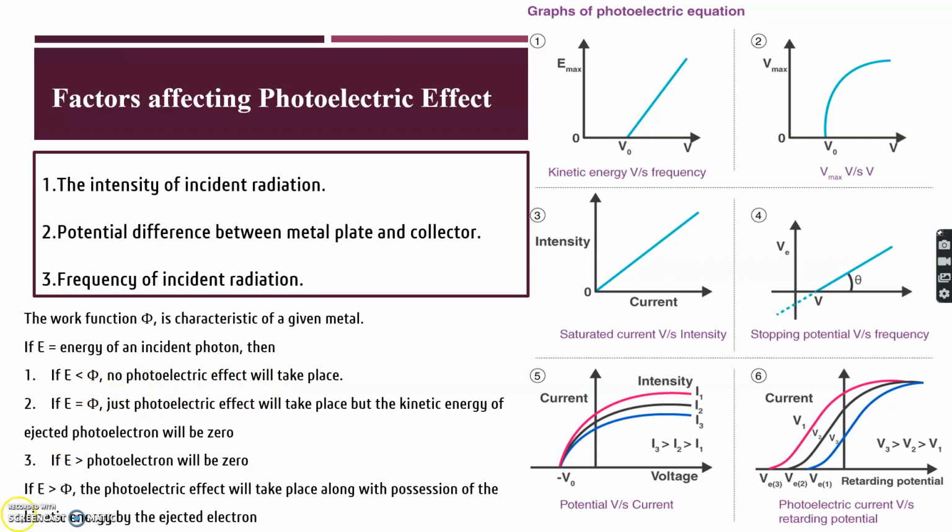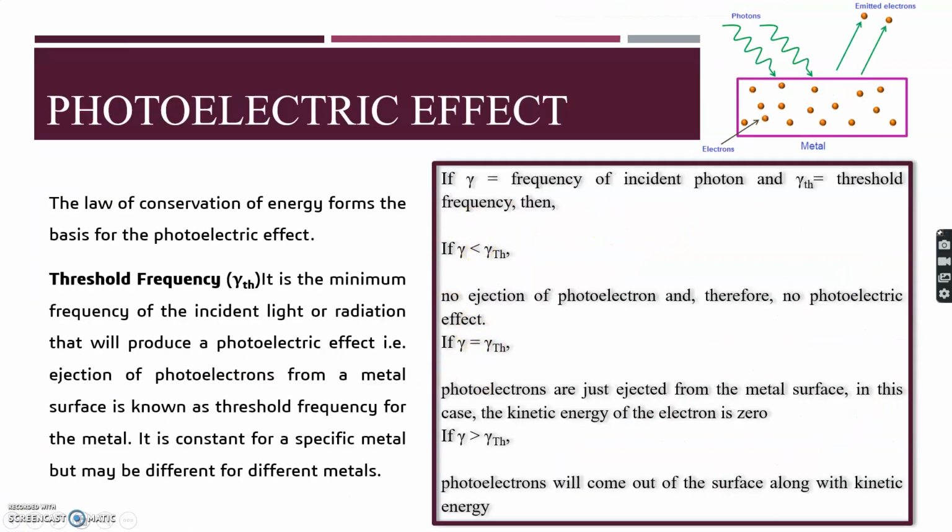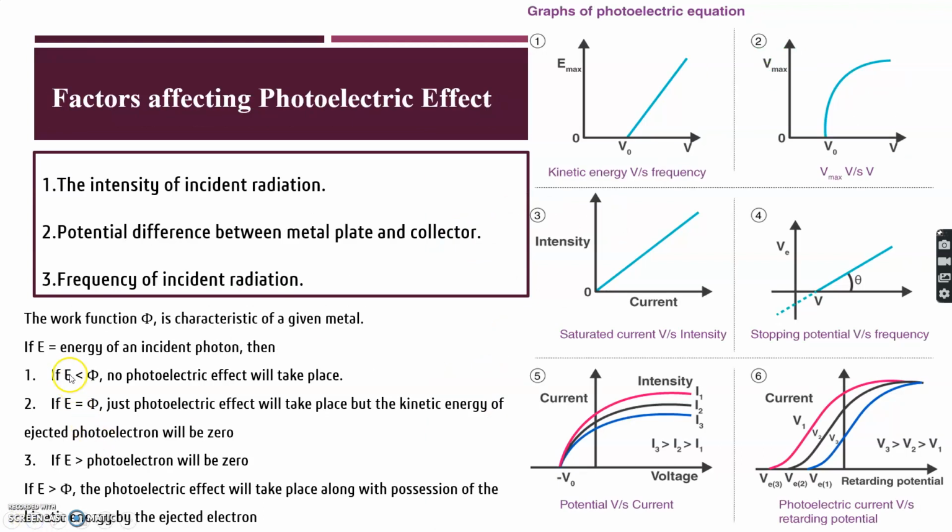It is very similar to this relation as shown in this slide, because energy is ultimately h nu and is dependent on the frequency anyway. So when we write in terms of energy and work function, when energy and work function are the same, then the photoelectric effect just takes place, but the kinetic energy of the electrons is 0. And when energy is greater than phi, then the photoelectric effect takes place with the ejected electron possessing kinetic energy. So these are the most important and relevant graphs regarding the photoelectric effect. Please go through them one by one and you can understand the process more clearly.